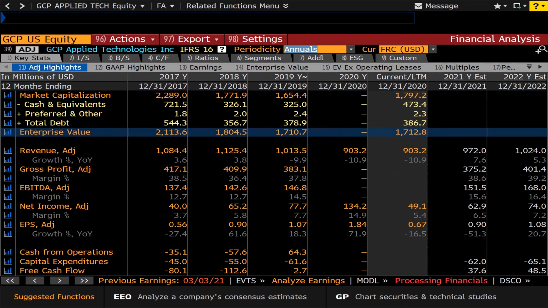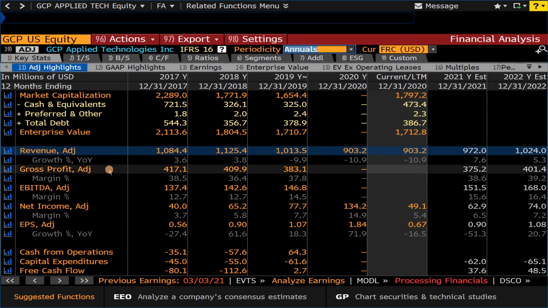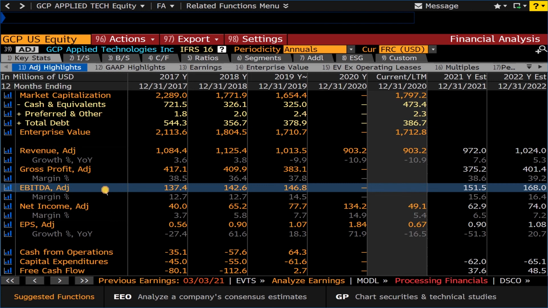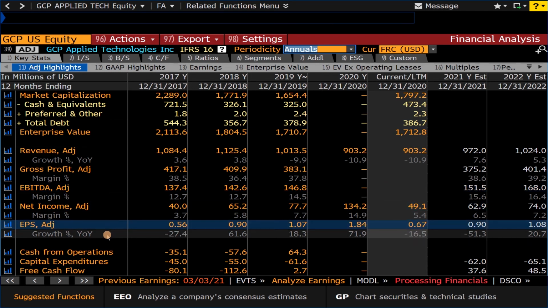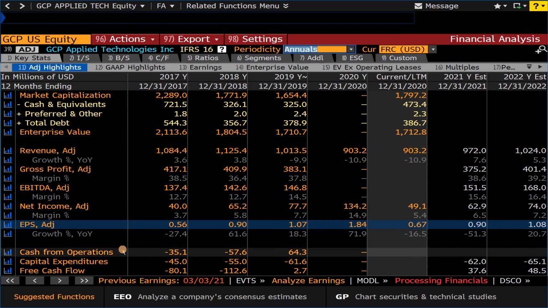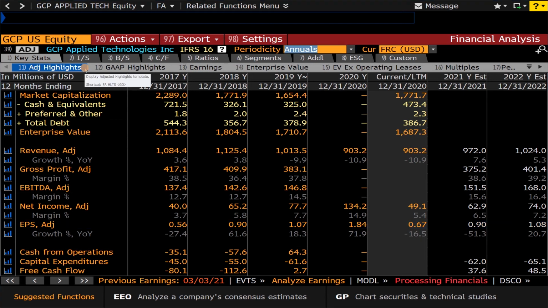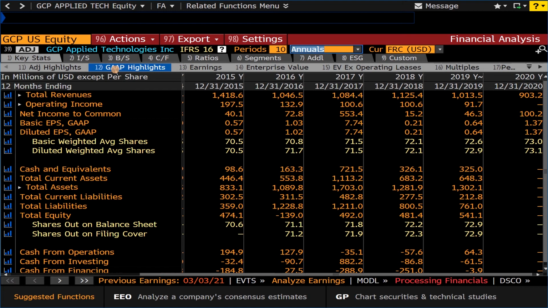On the Adjusted Highlights tab, you can see a few different metrics, such as the components of enterprise value, revenue, gross profit, EBITDA, net income, EPS, as well as a few cash flow items. In addition to the adjusted highlights, you can look at GAAP highlights, which includes major items from the financial statements, which conforms to US GAAP,